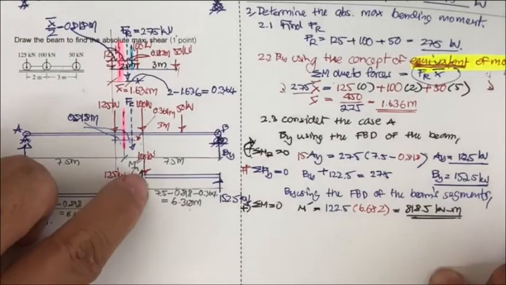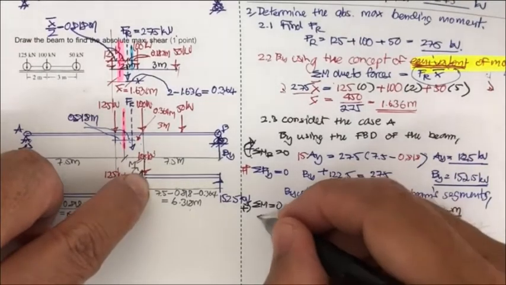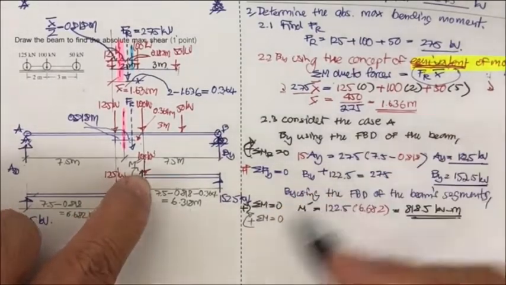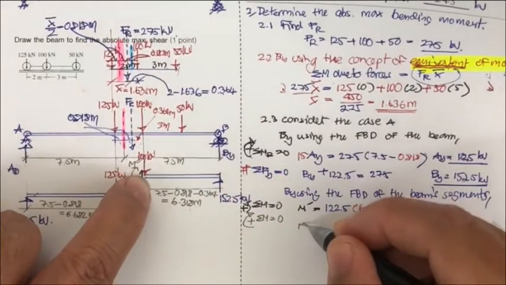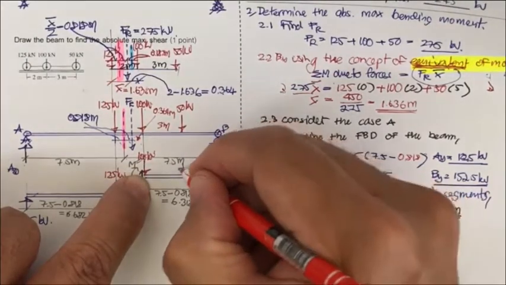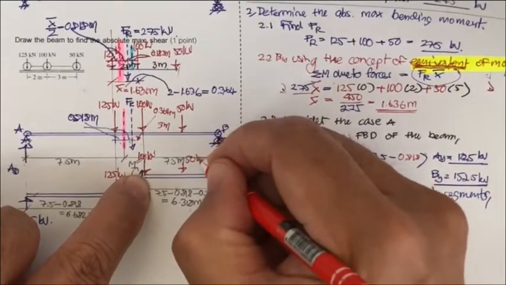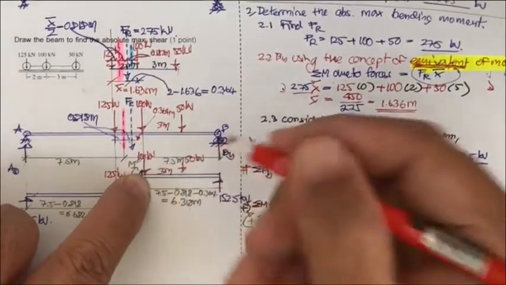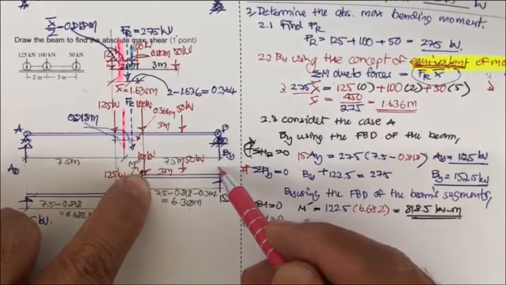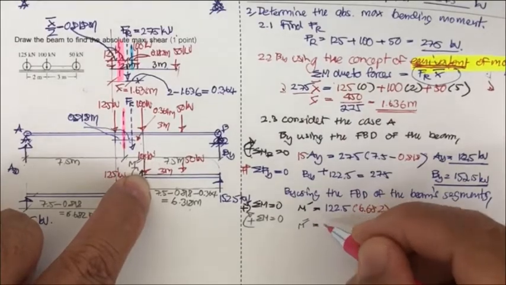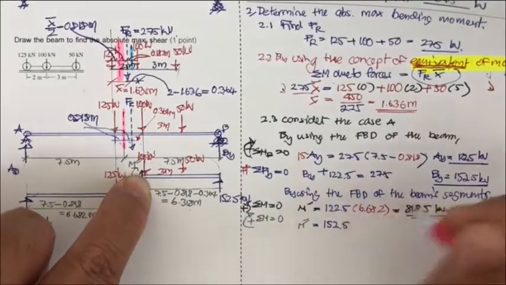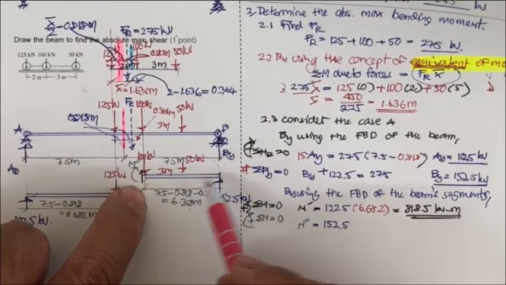And then you have another one here. You may take the summation of moment equal to 0. This time positive moment is clockwise. So M pum pum. Oh, and forget, we're going to have this one also. This is 50 kilonewton and 3 meters from here. M pum pum is going to be what? M pum pum rotates here, so this one rotates in opposite. So equal to 152.5 and times what? Times